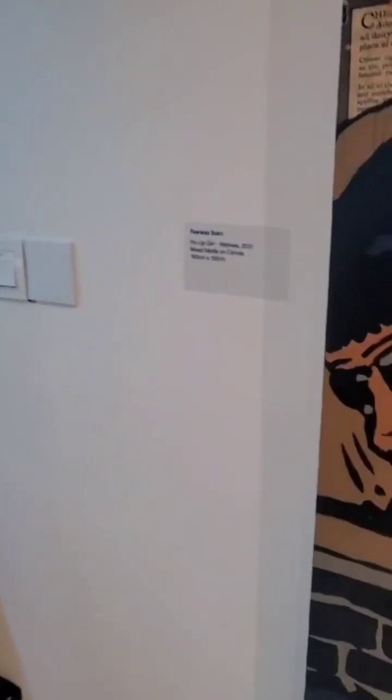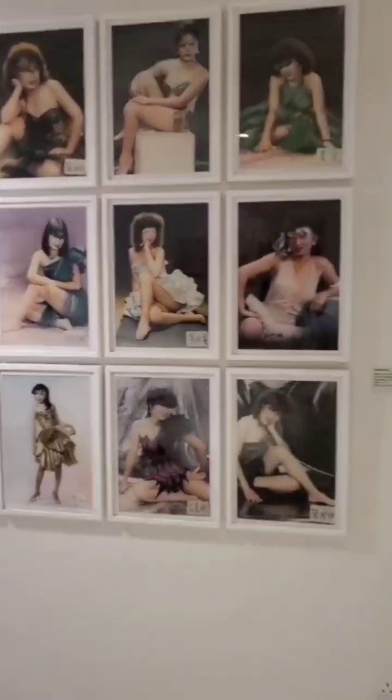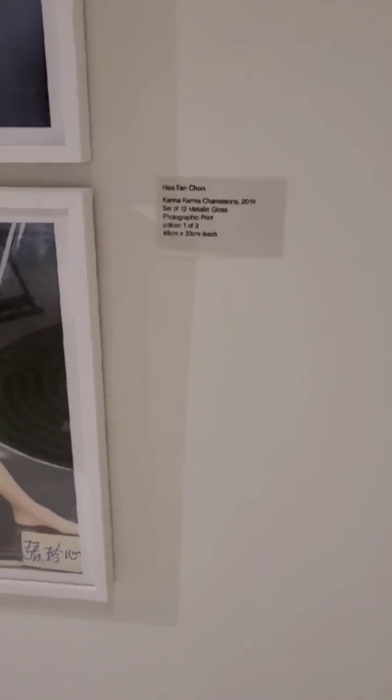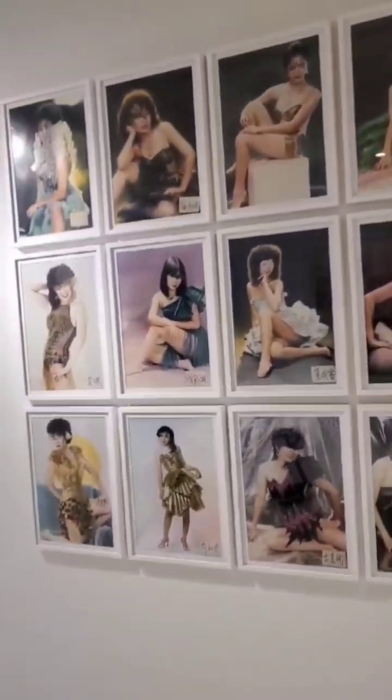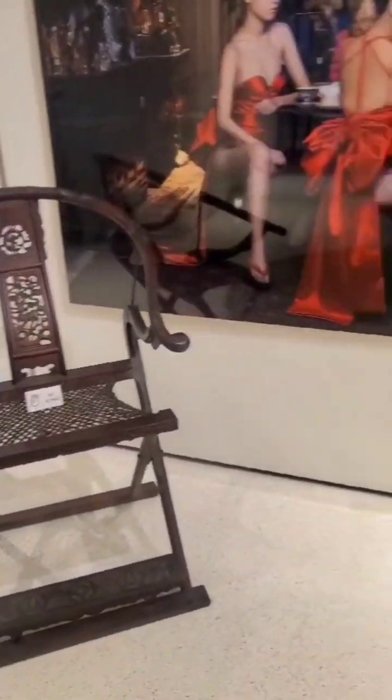So you can see that is from Fawaz Sukri. This is almost comic inspired. Lovely. And then this is titled Kama Kama Chameleon by Hu Fan Chon. And then there's those beautiful seats there, you can see. So, and this beautiful large piece